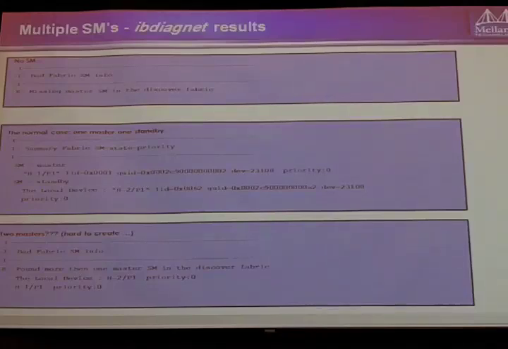So here I ran it. I have probably the number one error you see, which is no SM. So it reports missing master SM in the discovered fabric. An interesting thing about IBDiagnet is a lot of its functionality uses something called direct routes. So when the Subnet Manager sets up the route tables, everything's routed based on a LID, right? We talked about these LIDs. There's something called direct routes, and a direct route is where I don't give the LID and let the switch figure